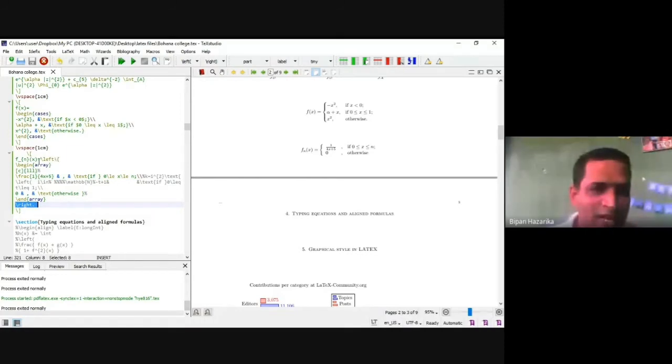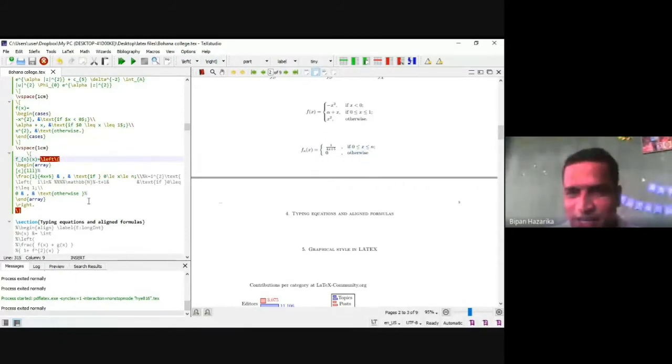If you see here, a left bracket is put, so you get the left-hand bracket. We do not need the right-hand curly bracket, so I have not put it. If you want the right-hand curly bracket also, you put \right\}, then you get a closing bracket. Within the brackets you get this expression.